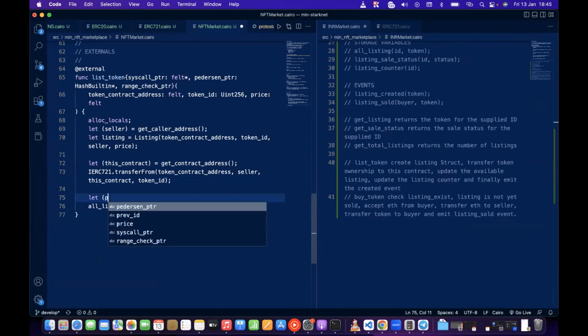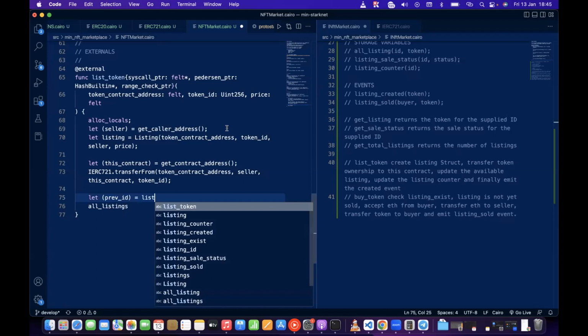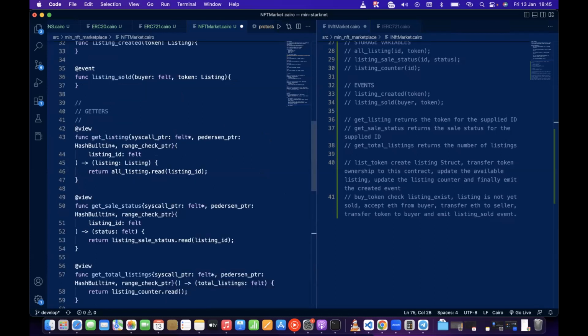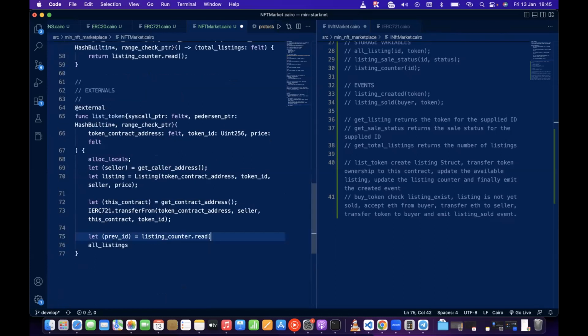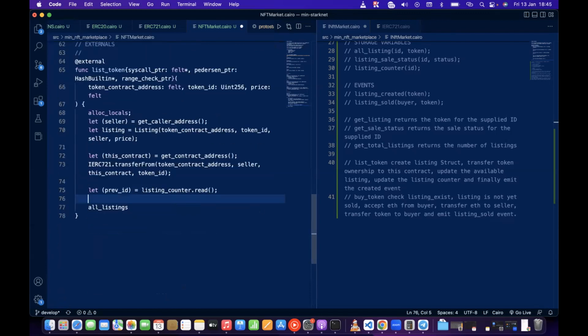So we're just going to say let previous ID be equal to, is that the listing counter, right? Yeah, the listing counter. We're going to read the value of the listing counter. And having gotten that, we are going to say let new ID be equal to previous ID plus 1. And lastly, we are going to